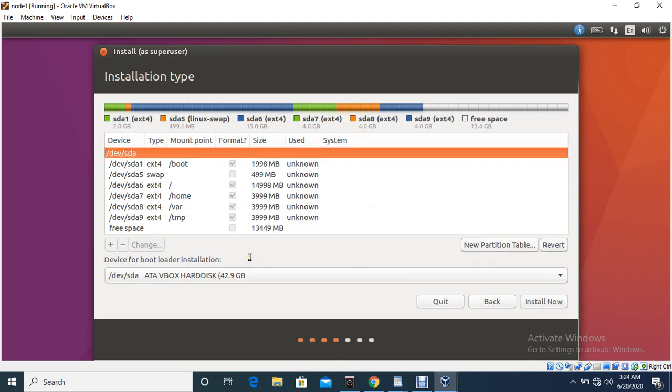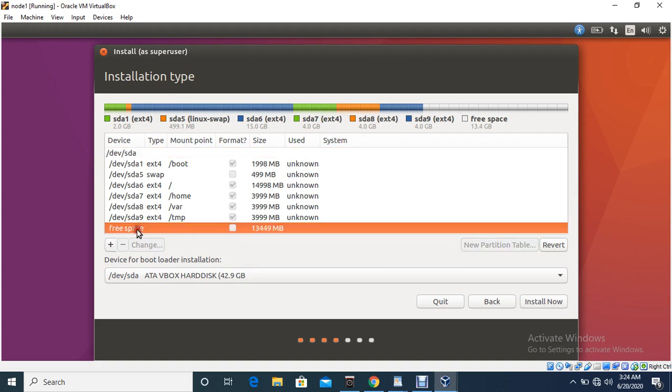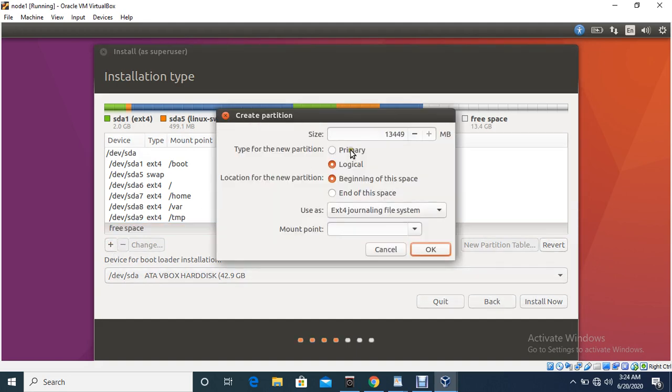It is used commonly, so every user can use this directory. Now home done, var done, tmp done.